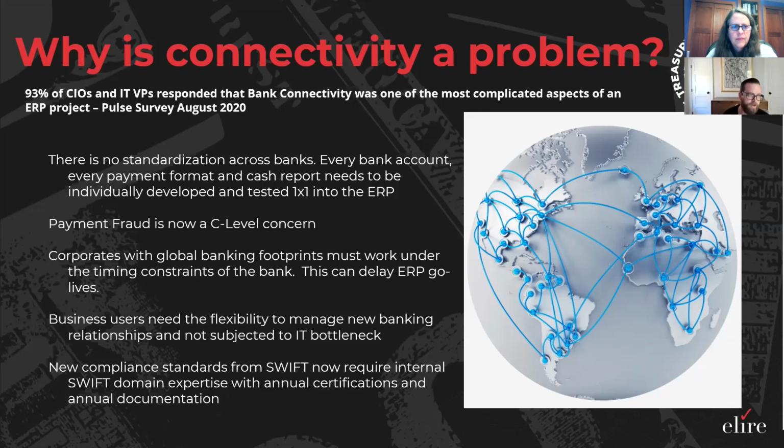The first one is starting with business users that need flexibility. If a business is looking to expand into a new region or acquire a new business, then they likely need to expand their existing bank relationship into that country or region, or they're looking for net new banking services locally that can help meet their needs. In either case, it's important to recognize that a customer's ERP or even their TMS solution like Kyriba needs to have the ability to rapidly adapt to changing requirements, to onboard new business, and to not turn into this IT bottleneck that is being called out by Kirsten here.